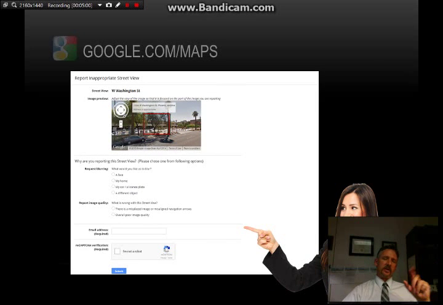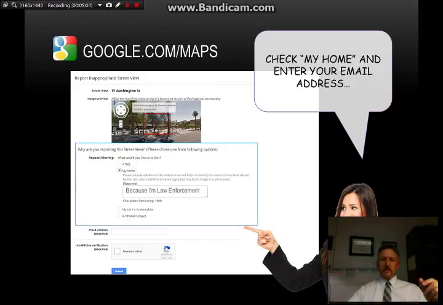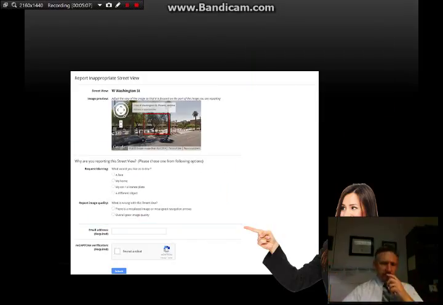They make it fairly obscure. It's pretty difficult to find. But you'll have several options down there. One of the options you'll see there, I just backed the slide up a little bit, is what would you like us to blur? In other words, they're going to redact information that appears on Google Maps by blurring it. And your options are a face, my home, my car or license plate, or some other object on there that may be potentially offensive or dangerous.